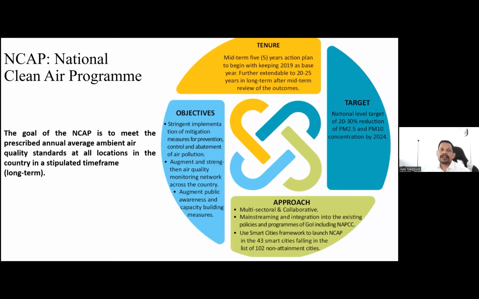In 2019, the government of India developed the National Clean Air Program. According to this program, they identified about 132 cities in India, and these cities had to develop a clean air action plan. We were responsible for developing a clean air action plan for Surat city. We not only developed a clean air action plan, but showed how to implement policies on the ground, and we had a very positive result, which I'm going to show you in the next presentation.